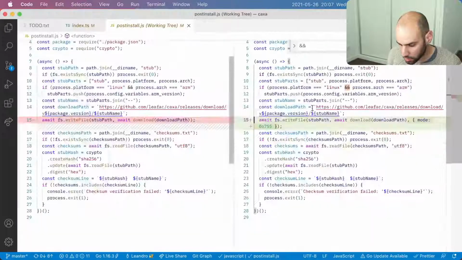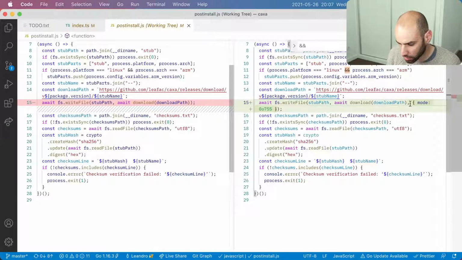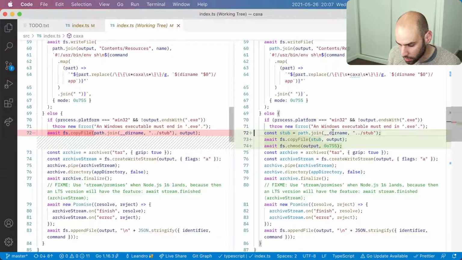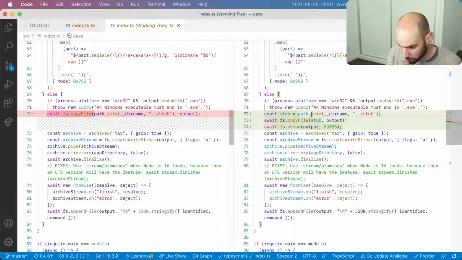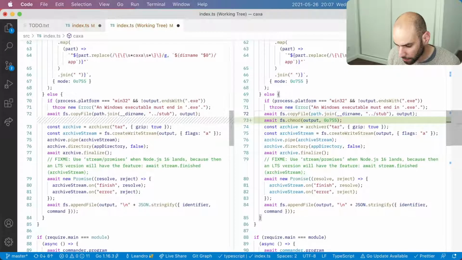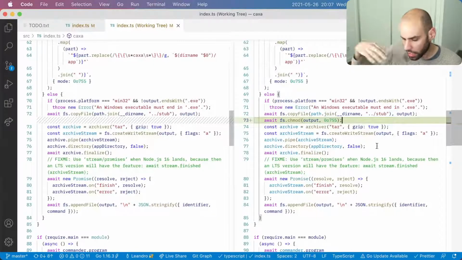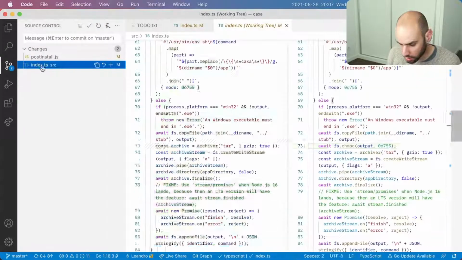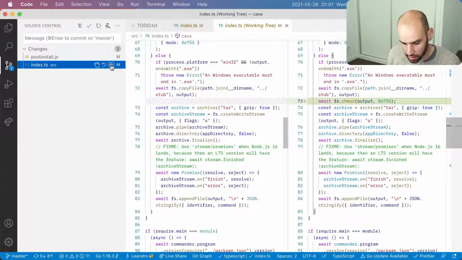And then the post install, I will want to download with the right mode because it will keep things sane in your machine, but actually the fix is here. We have, oh, so now that I did this change, I can actually come back to that. So I copy the stub into the output and I chmod the output to have the right mode, and then I go on and do all the other things I used to do. So that is the actual fix. A single line, of course.